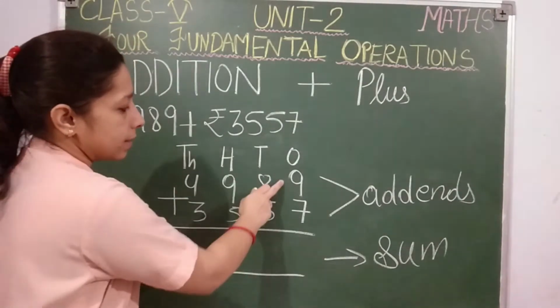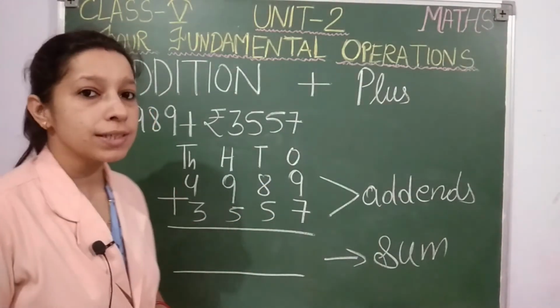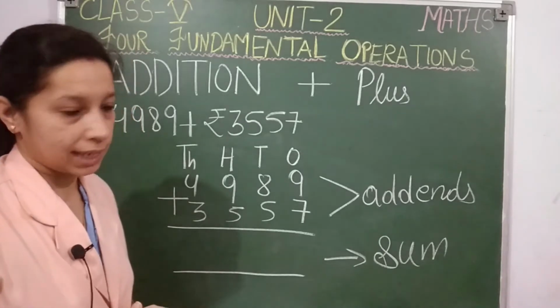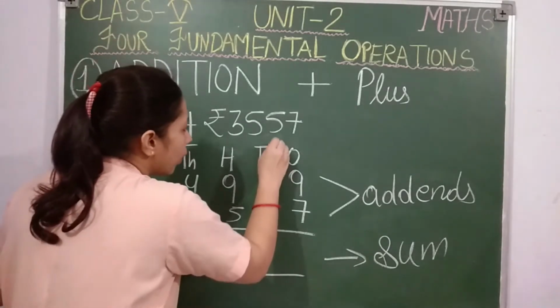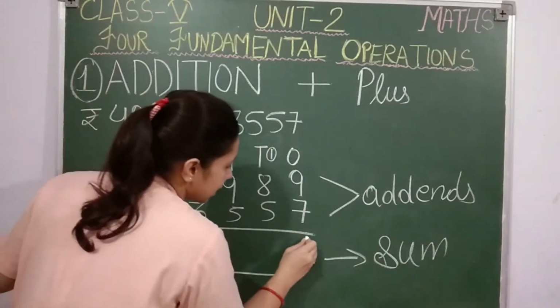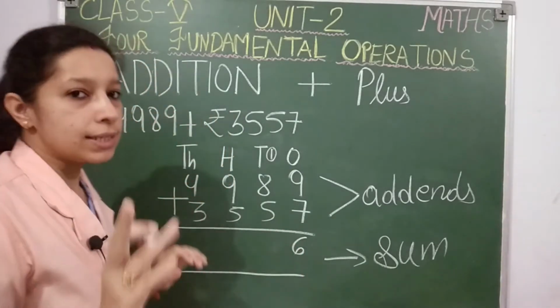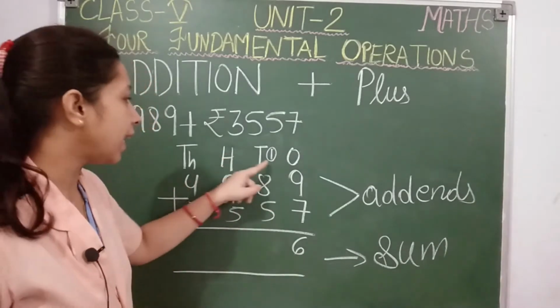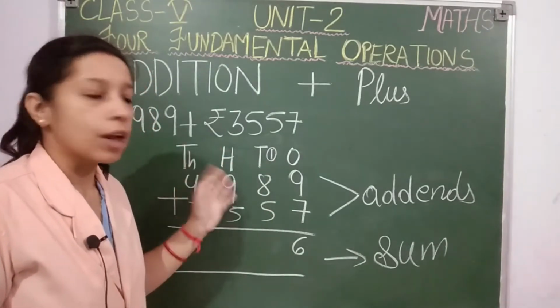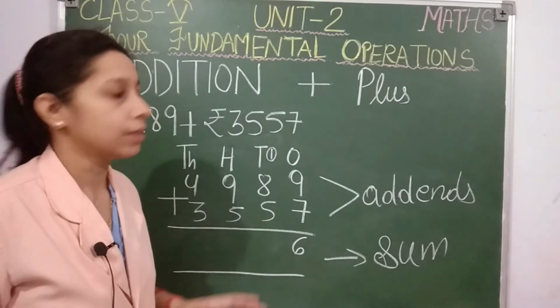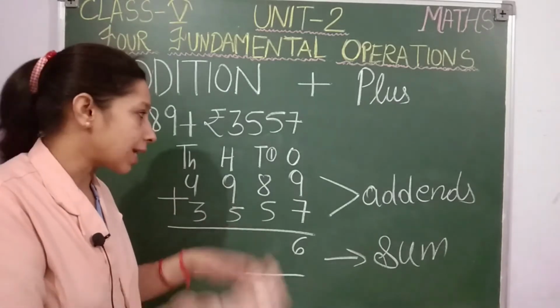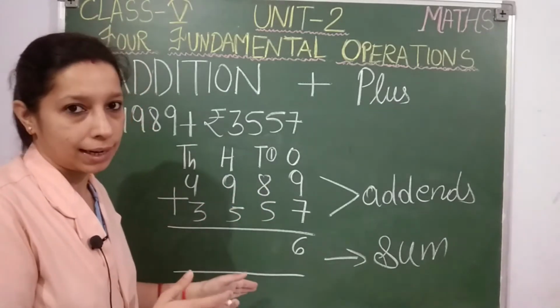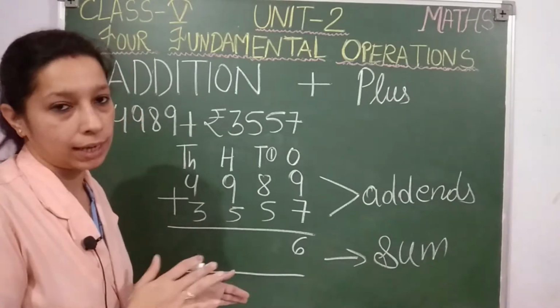Okay, ones place, 9 plus 7. How much, students? 9 plus 1, 10, 10 plus 6, 16. I will get 16, students. So 1 I will carry over here and 6 I will write here. But students, now you are in 5th standard, you are grown up, so no need of writing the carryover like this. Now you can keep these numbers in your mind. But for now I am just explaining with one example, so I am writing here, but it is not compulsory now to write these numbers.